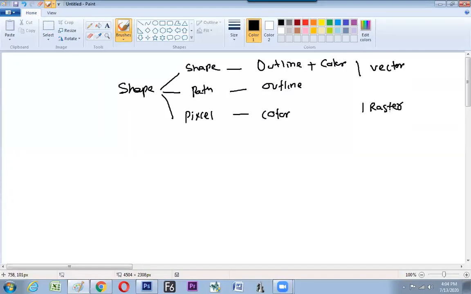So on the Venn diagram, it is very clear. So shape, how has it been arranged? Because it is vector, you can scale to any extent. Because it is raster, it is pixel based. It is just colors only. It doesn't allow the quality to be maintained if scaled up. So I hope we have understood the shape variations and their uniqueness.